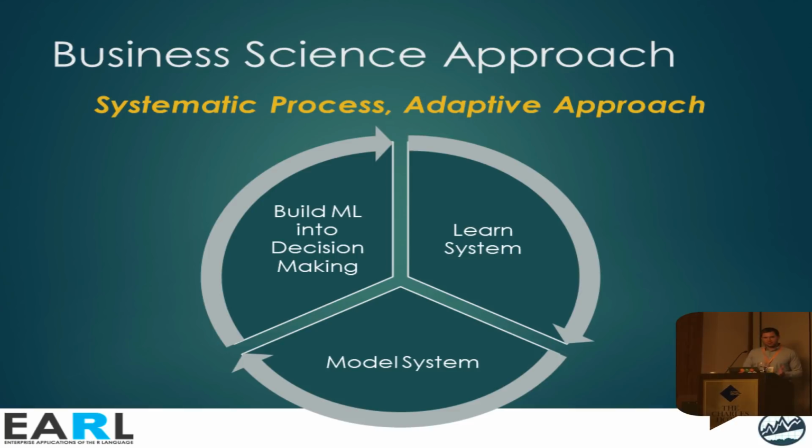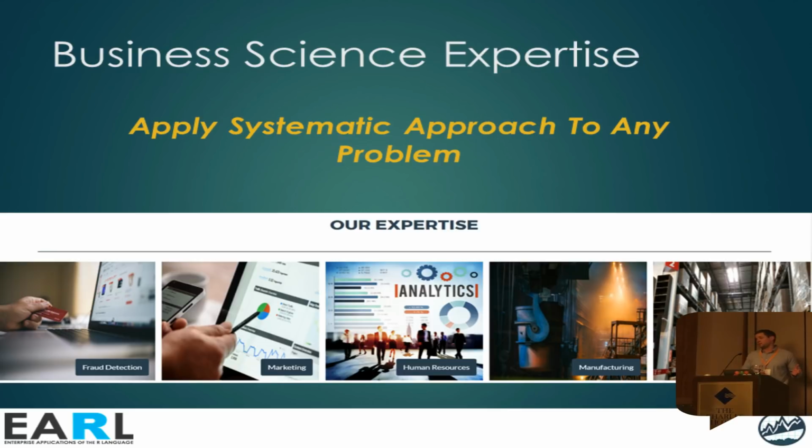But then you're not done. It's a cycle. What tends to happen is we look at things like cross-sectional data, and we don't think about things like time. Things are going to change. So it's really that continual learning process, really working with them to understand that, hey, just because we've got a good algorithm now, 6 months from now, it might not be as good. We've got to do something about that.